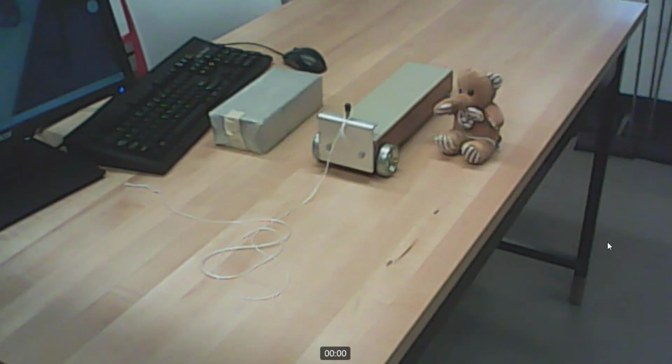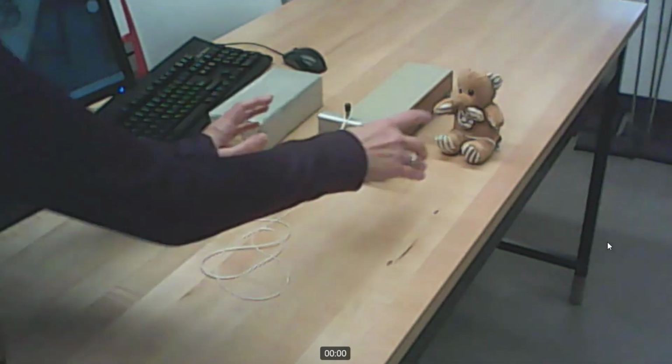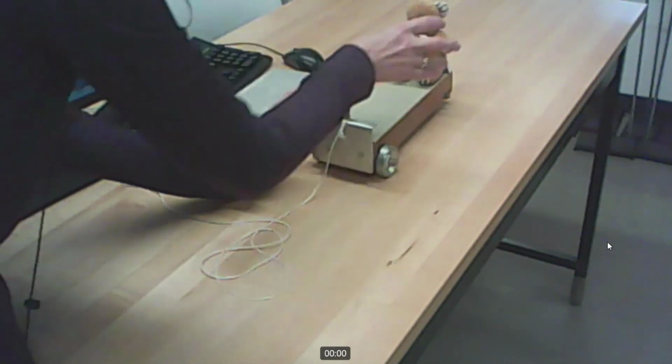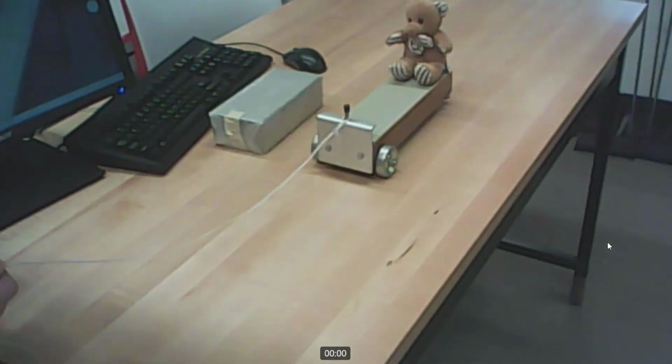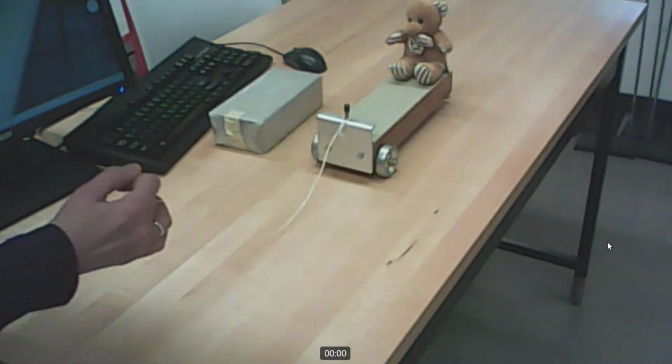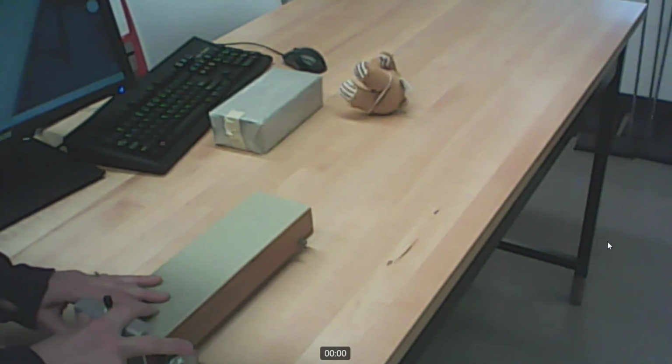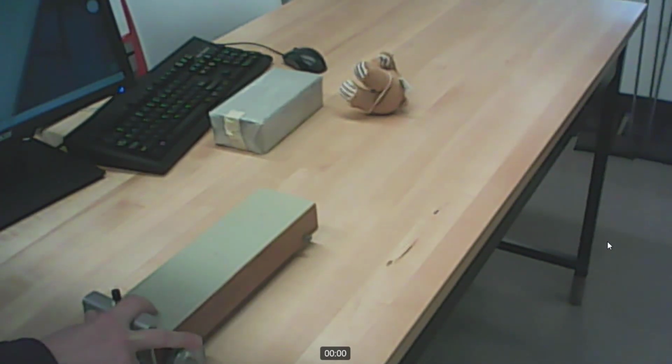So in this first part of the experiment, your job is to torture a dolly. For the first question, you put the doll on the back of the cart, and then we're going to yank the cart forward and describe what happens to the doll. Like that. In this first question, it's probably most useful to talk about how the doll moved relative to the